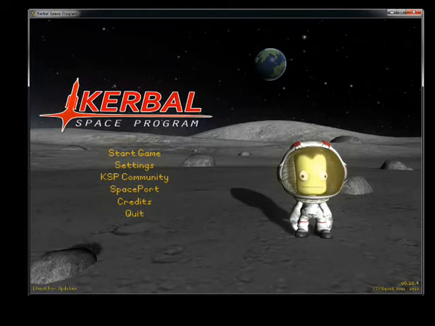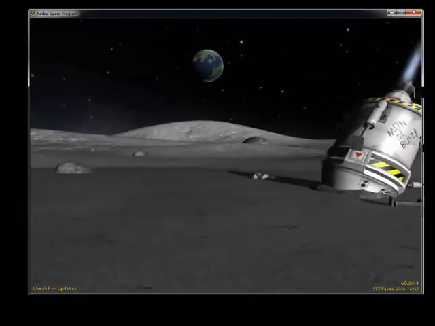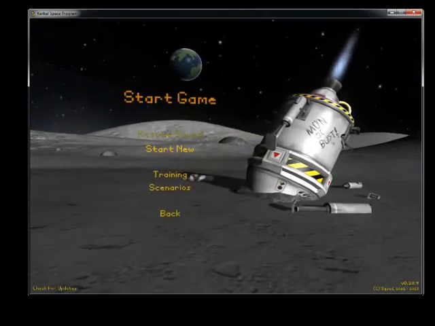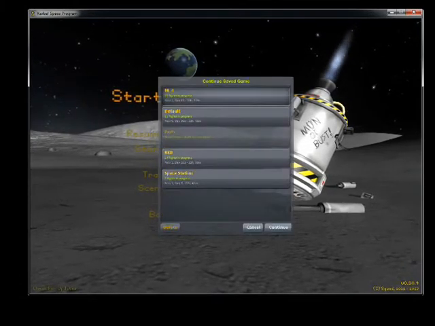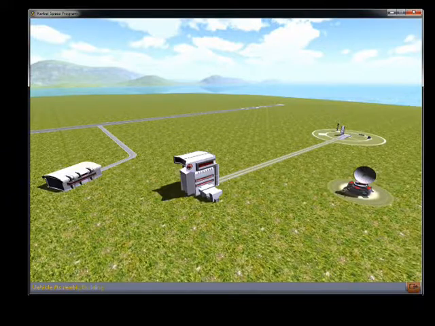Hello, this is Ben and Eli, and we're going to demo some Kethane landing stuff that we've made on Kerbal Space Program. We're going to put a Kethane mining probe on the moon. Hold on a second while I load the...